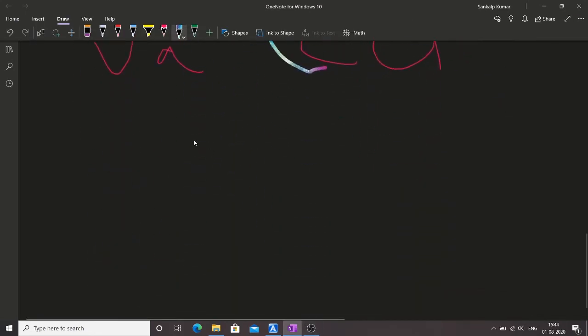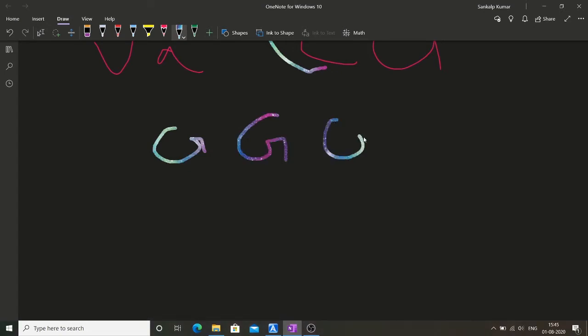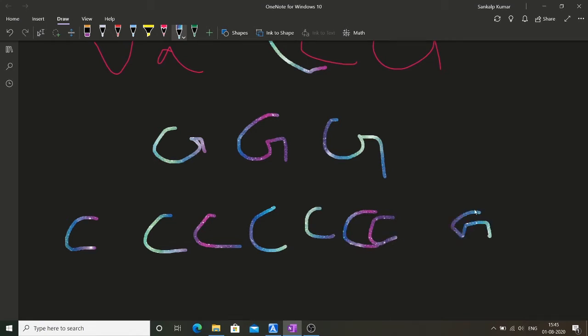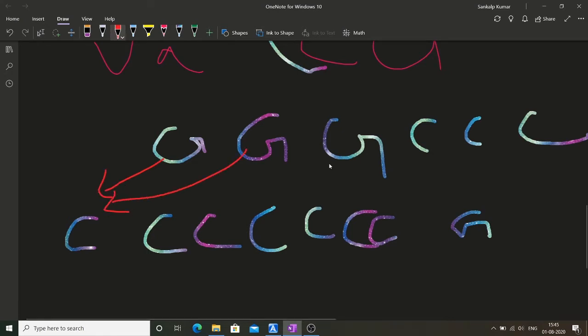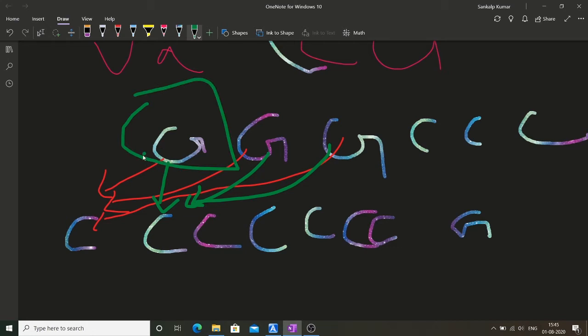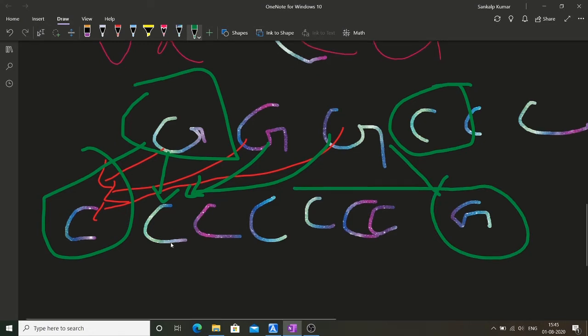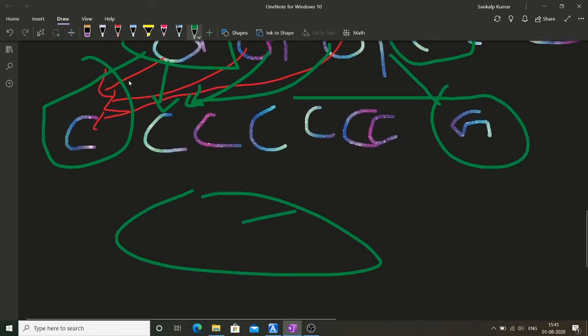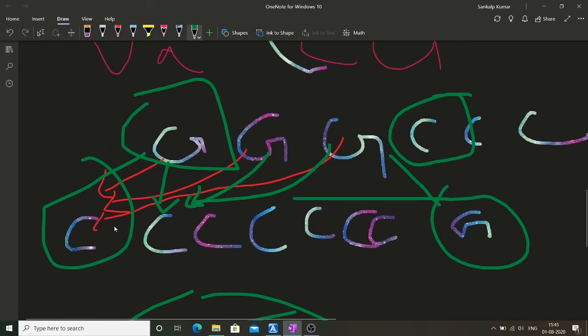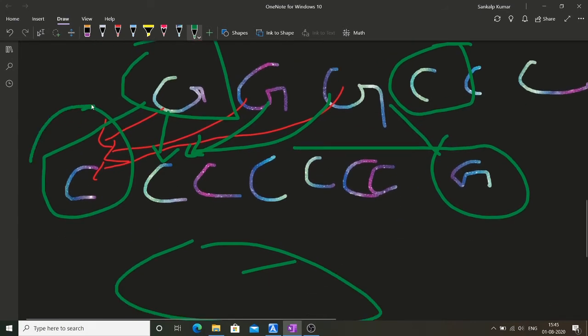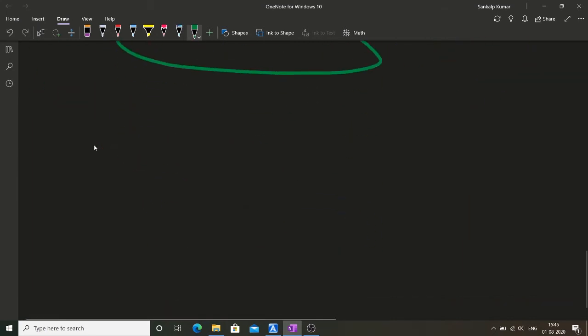Getting it? Meaning, if there are G, G, G and C, C, C, then each of these will react with each of those. Each and every G over here will react with each and every C, and each and every C will react with each and every G. It's not like if two make a pair then it's over. It will react with each and every G or C, and the same applies vice versa.